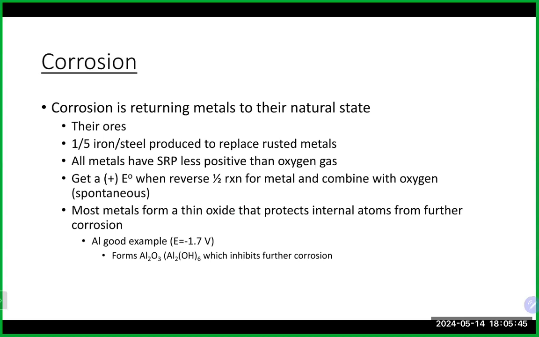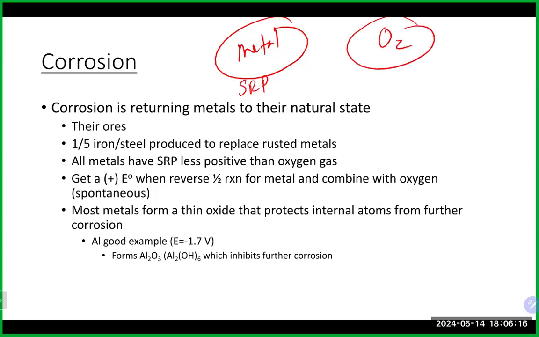Corrosion is really returning metals to their natural state. About a fifth of steel production is to replace metals that have basically rusted out. So what happens is all metals that have a SRP value, a standard reduction potential value, less positive than oxygen, is susceptible to going through corrosion. And that's because if you take a metal that has an SRP value less positive than oxygen, that means oxygen would be my anode or cathode in this case. The more positive one is the